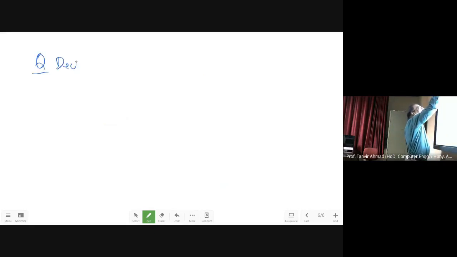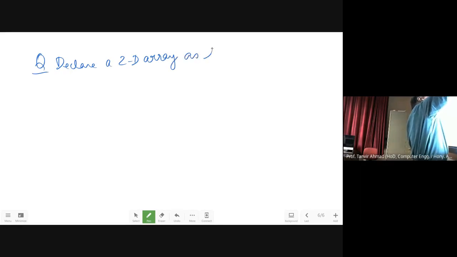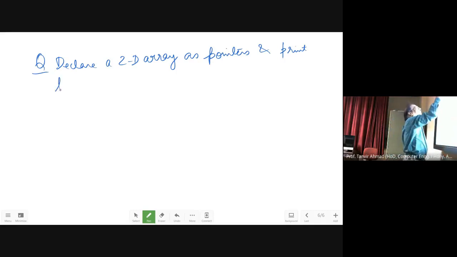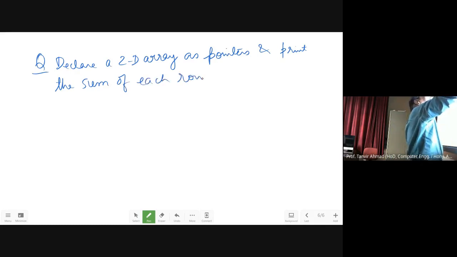Declare a 2D array as pointers and print the sum of each row and columns.